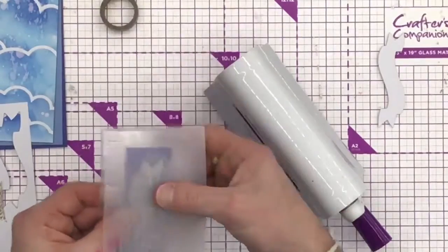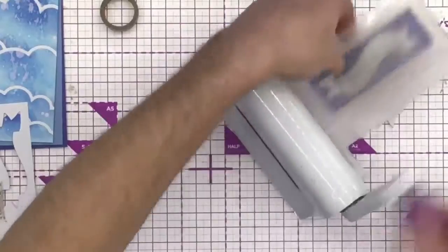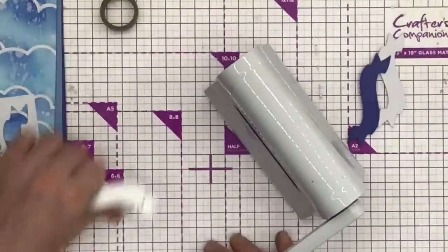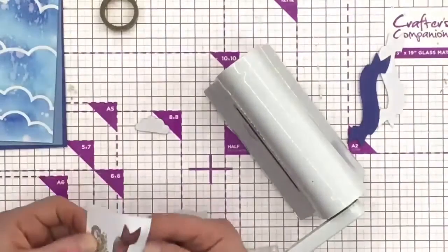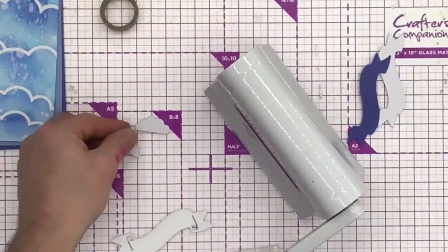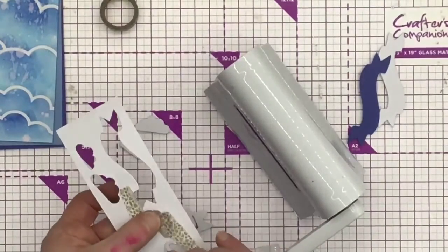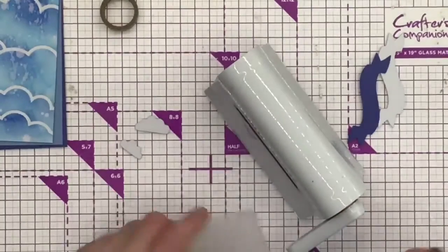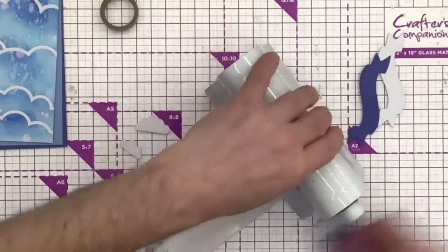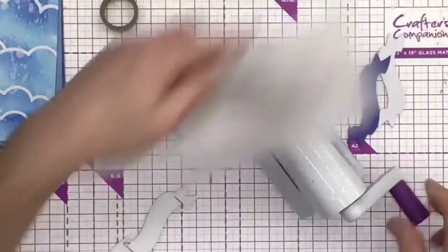So I want another one in deep blue, because then that can be my drop shadow. Let's move that one out the way there. So I've got a large cloud, and then I've got a small cloud. So I want another large and small, because what I'm going to go for is a large and two small at the top corner,